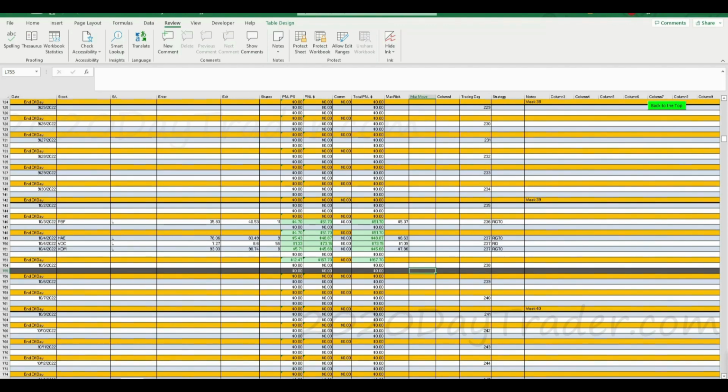And I am trading on margin right now, but I'm not doing my risk off of margin. I'm trading off of margin for the buying power to be able to hold all 4 of these, but not the risk, and I'll show you that in a second. All right, so let's go over here.